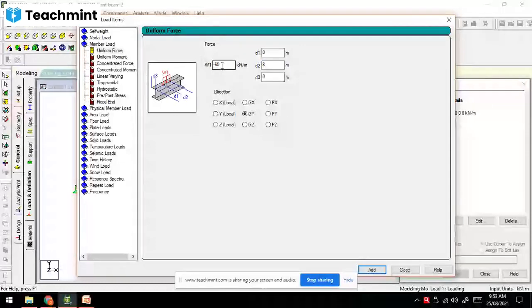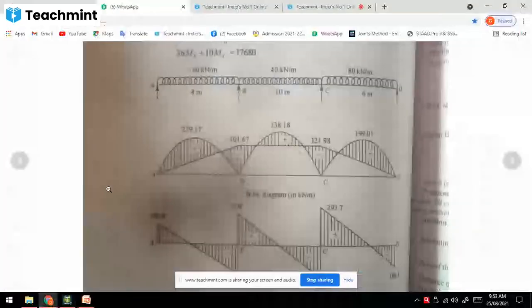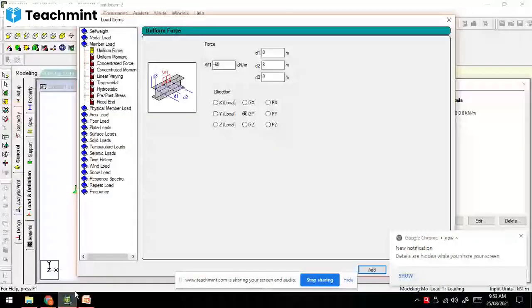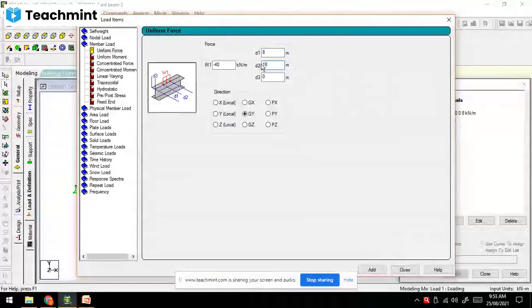Then next is 40 and 80. Next is 40, D1 is 8 and D2 is 18. Okay, add. And last is 80, 18 to 24, add, close.